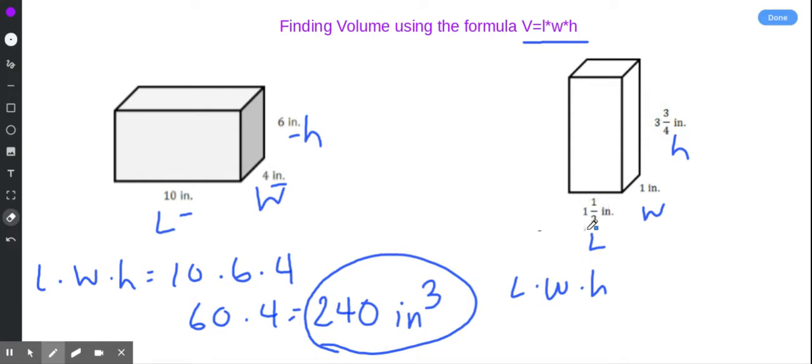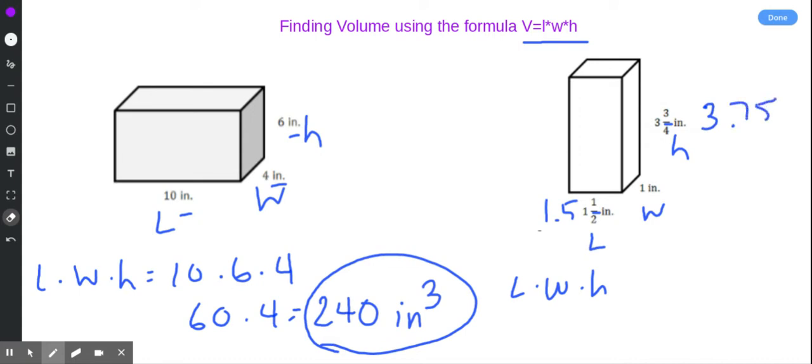For example, if I'm looking here at 1 1/2, I know that a half is 0.5. If I didn't know that, I could plug into my calculator 1 divided by 2, and I would get 0.5. So 1 1/2 is 1.5. All right, my 1 inch is fine. My 3 3/4, okay, if I'm looking at quarters, I have 3/4. I know what that is. But if you don't, then you're taking 3 and you're dividing it by 4 in your calculator, and you get 0.75. So this 3 3/4 would be